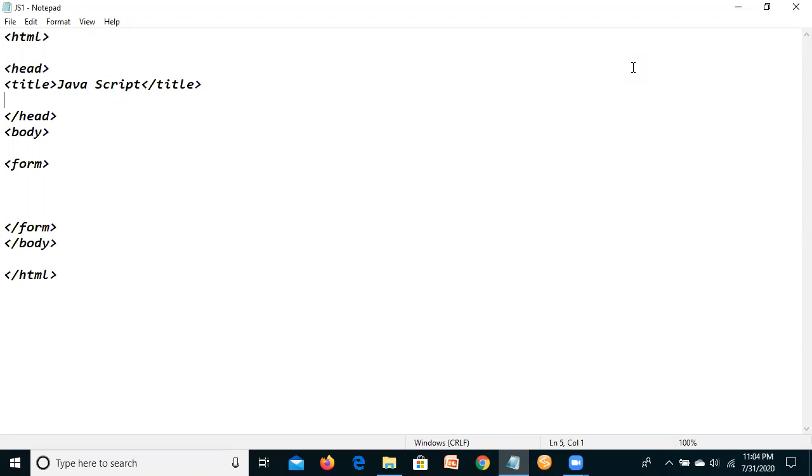Okay, let's write a very simple script code here. Script goes inside the header tag. So this is a simple basic structure of an HTML file. Head is there, body, and inside body form tags are used. So script should go, as we discussed, inside header tag. So within head there's one title element, and after that we're going to use a script tag,